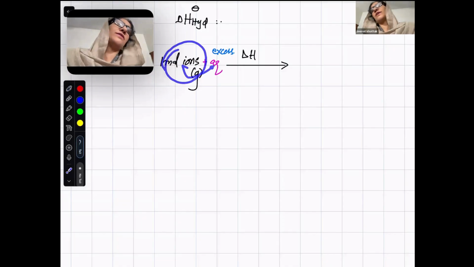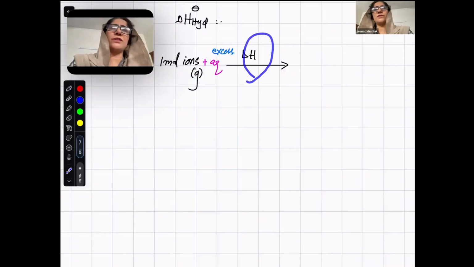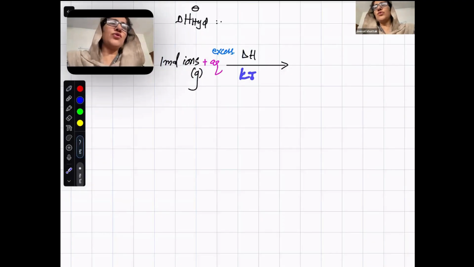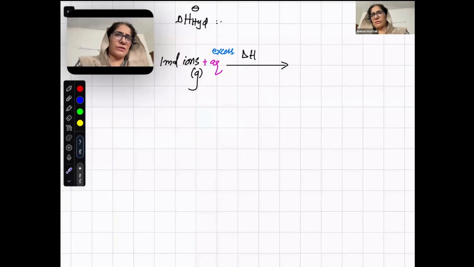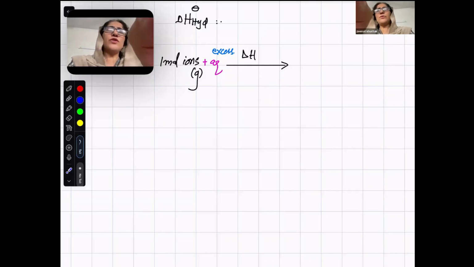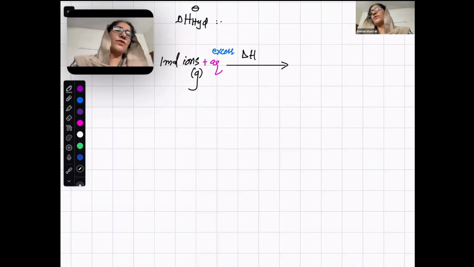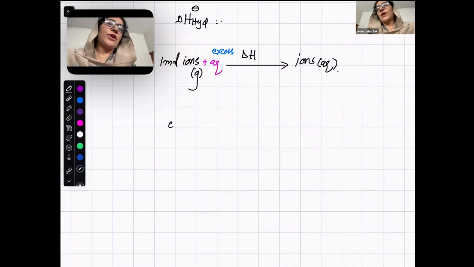Like you put ions in water, there would be enthalpy change. It's kilojoule per mole. Per mole of what? Per mole of the ions that you are going to dissolve in excess water. The point is, when you put ions in water, why are there energy changes? Because when you put ions in water, the ions become aqueous, hydrated. Look, when you put cation in water, the cation are attracted